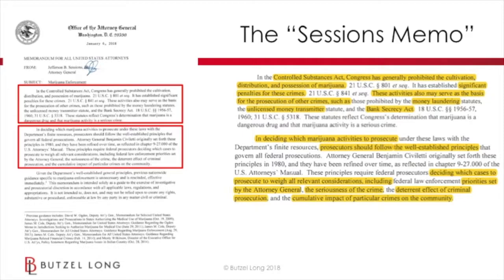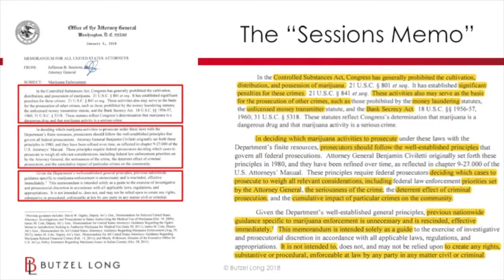So again, that was the paragraph that the U.S. Attorney to the Eastern District was speaking to. He said, well, I acknowledge this paragraph, I acknowledge what this says, but you know what, at this time, this is not a priority. We're going after gangs, we're going after violent crimes, we're going after those different things. And the last part is really what most of the headlines were about, and it's about this Cole memo, which